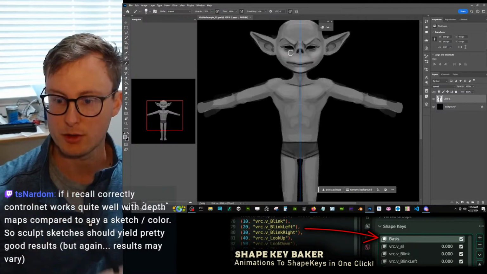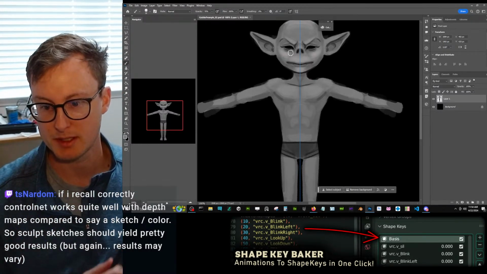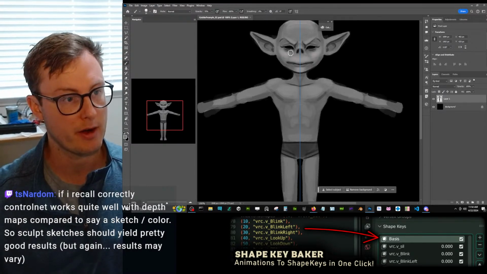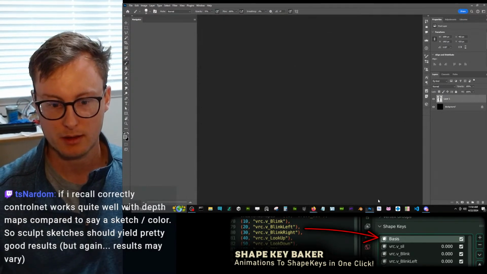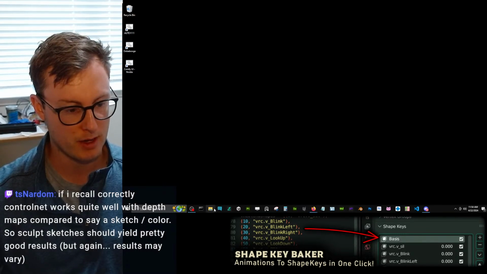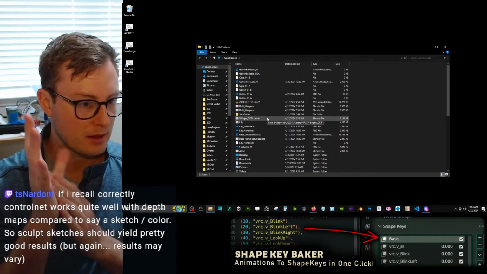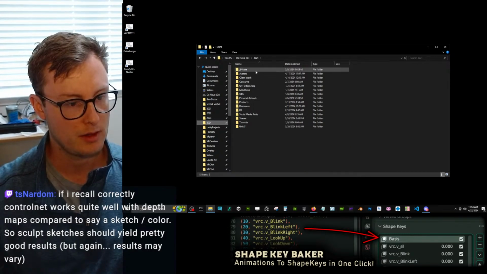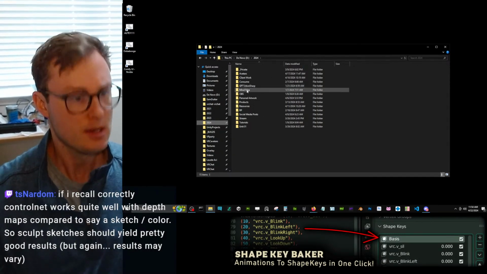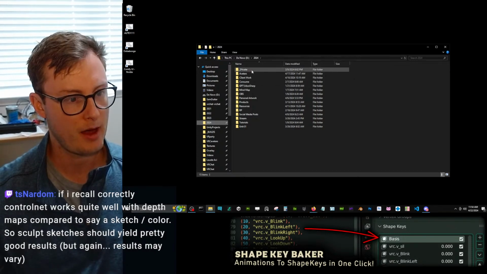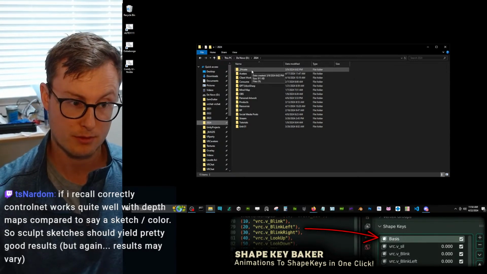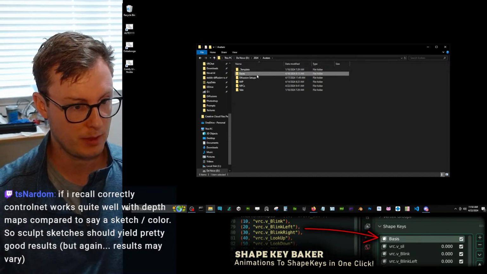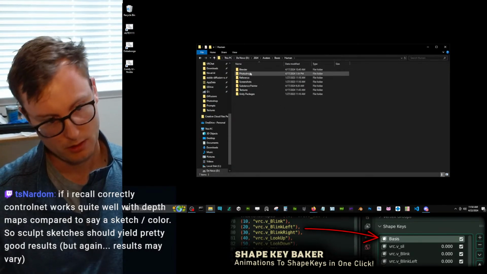If I recall correctly, ControlNet works quite well with depth maps compared to, say, a sketch or color. So sculpt sketches should yield pretty good results, but again, results may vary. Yeah, let's do that. I think that is probably the fastest way. Because you're totally right. If I just get the proportions what I want. Yeah. There's also normal maps too. So let's go to bases, human. Should be humanoid, but